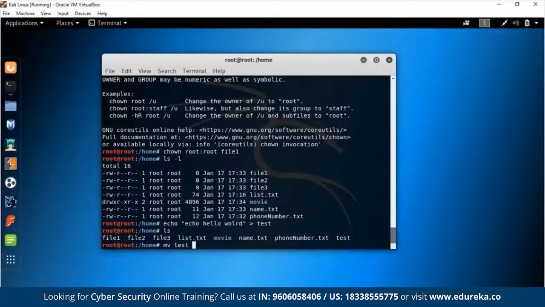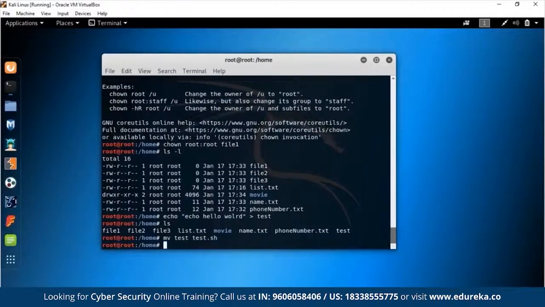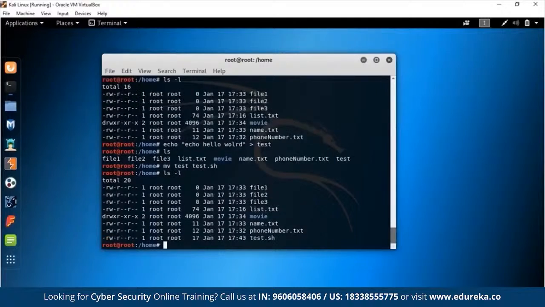So we move test to test.sh, and the way you execute bash files on your command line is with the dot and the slash. So you say dot slash, and if I press T and press tab, you see that no options come up. That is because test.sh is not an executable file. It doesn't have the executable permission. Let me show that to you. ls, and you see test.sh. It doesn't have the executable permission. Now you see movie, it is executable. I don't know why, it is a directory, so it is executable. You can move into it. So it's blue in color.